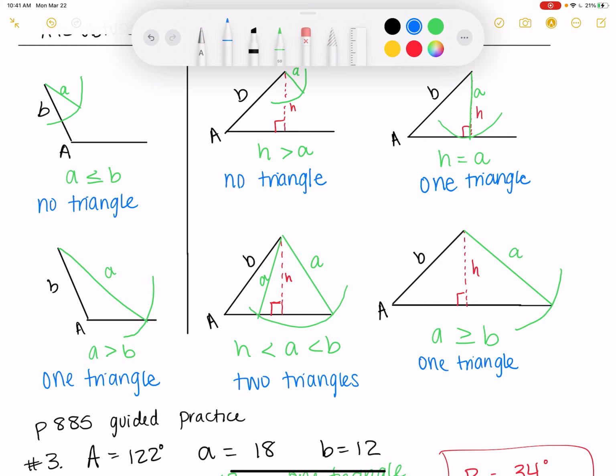Is it a triangle? I think... No, actually, no triangle. Can I see number 22? Yes, I can. There's no triangle. No triangle. Okay, so if H is greater than C in our case, this A is confusing,